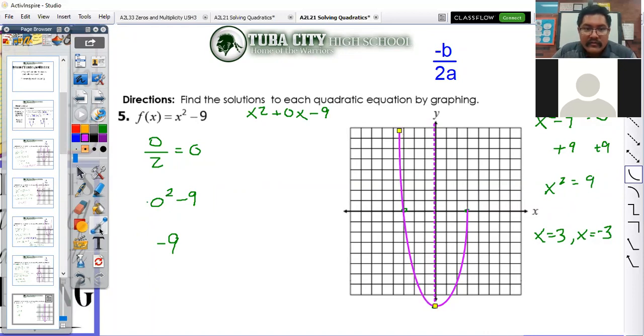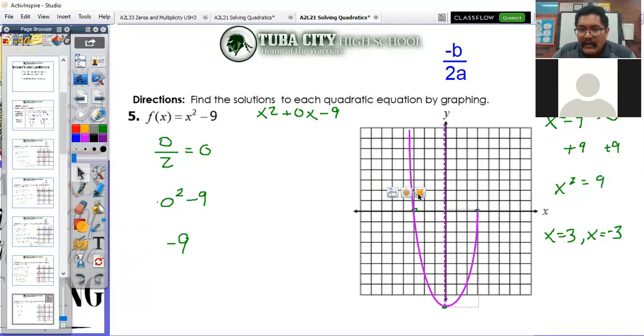Now I could use the rule of odds, but in this case I kind of already knew what the answer was, so it would probably be a little bit better to do it that way. But there we go. If I follow the rule of odds, 1, 3, 5, I would still cross right there. Although my graph would probably be a little bit more over this way, and probably a little bit more up that way. But there we go. And now we can see in ordered pair form,